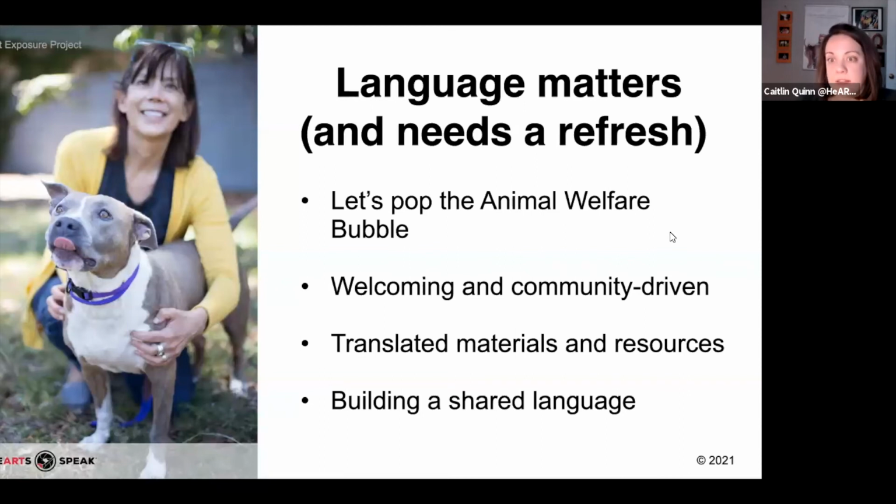who is experiencing this behavior or this medical issue, but has none of your knowledge as a sheltering or rescue person? Let's make sure that our language is welcoming and community driven. And part of that is getting rid of jargon. And part of it is the values, again, that we're bringing to that conversation, the voice that we're using as an organization. Do we want to be seen as an organization whose voice is a little bit finger waggy and a little bit,